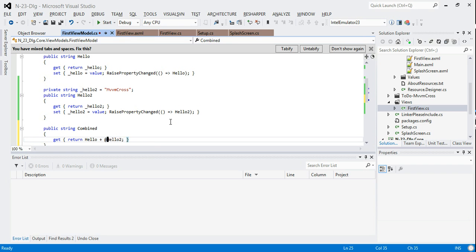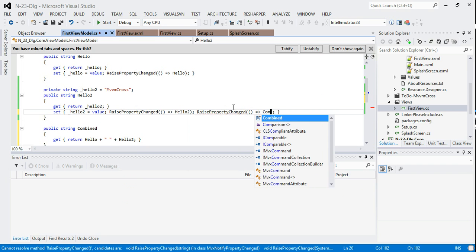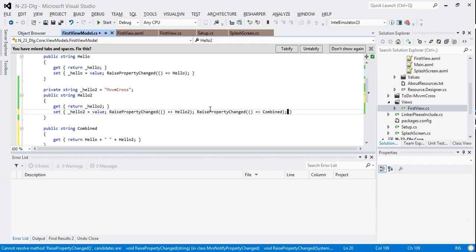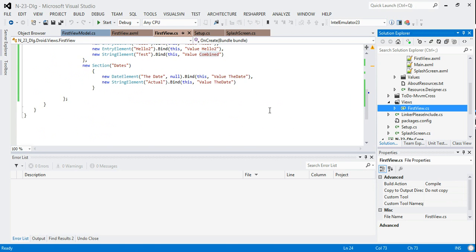Maybe I'll put a space in between just to give it some nicer formatting. And obviously here I'll need to raise the property change when this happens, when these guys change. Right, so that is our view model updated,